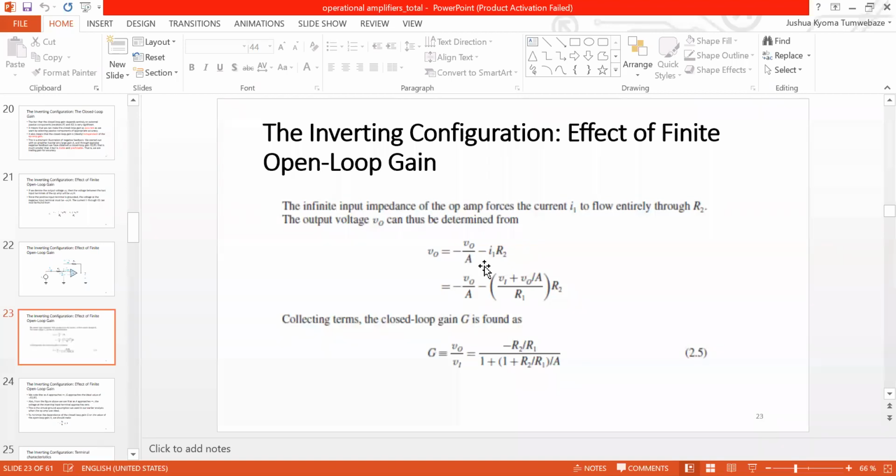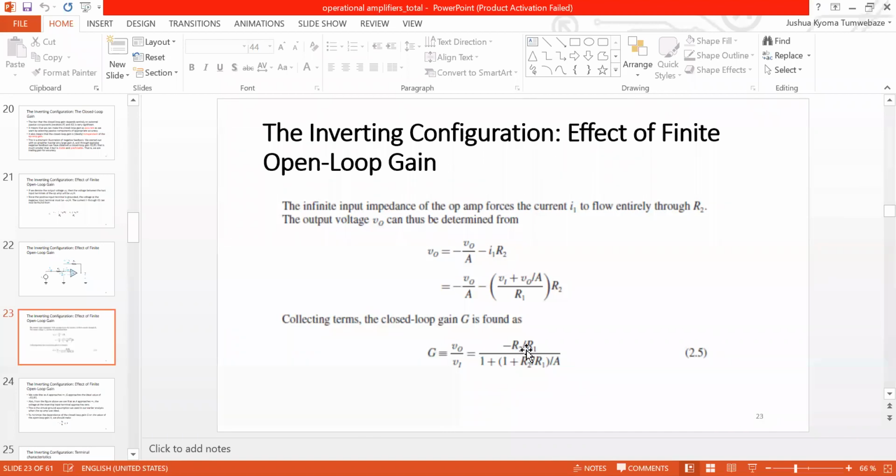You know when you have a voltage drop and when you have a voltage rise, so that you arrive at this equation. So you can substitute for I1, collect like terms, and you'll obtain the gain G,